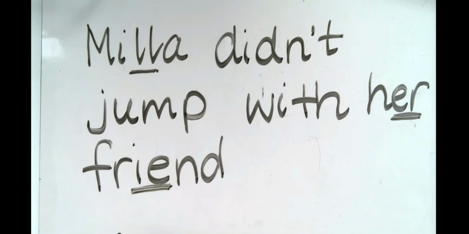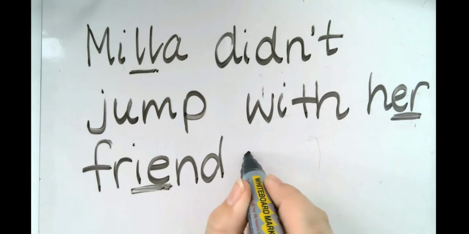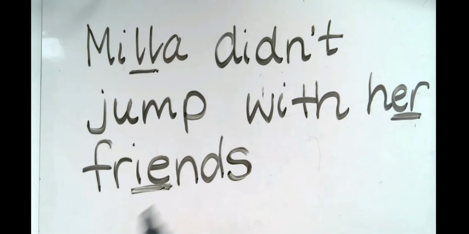Now, you're not going to teach I and E as just in a phonics lesson. This is just one of those words that comes up that they need to learn. There's lots of mnemonics, however you want to help children remember the spelling, just go for it. But you really want to point it out and show that IE in the middle of friends. And then we've got our plural, more than one, so we're going to add our S so we can bring in that little bit of morphology there as well. Let's read, boys and girls. Mila didn't jump with her friends